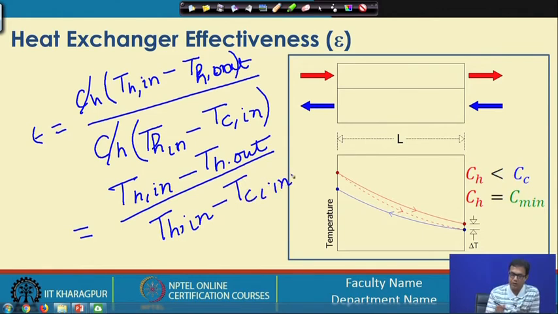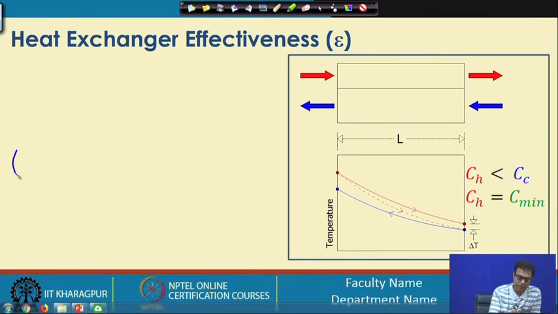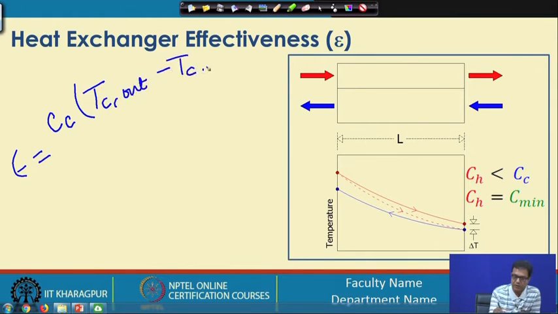The same thing can also be written in terms of the cold fluid enthalpy change. So, that becomes C_C multiplied by (T_C,out − T_C,in)